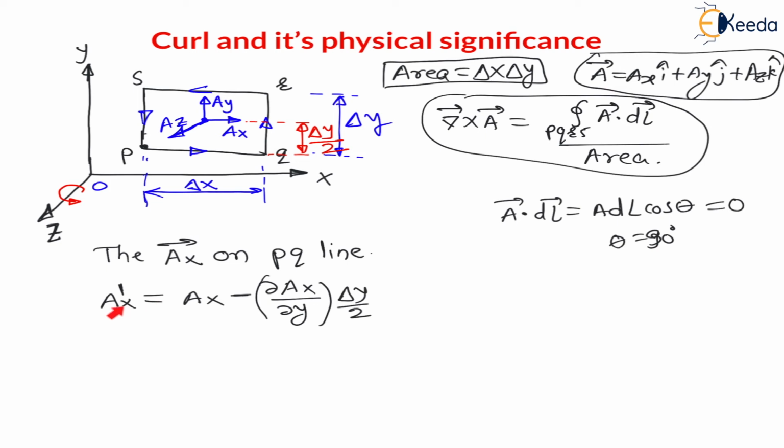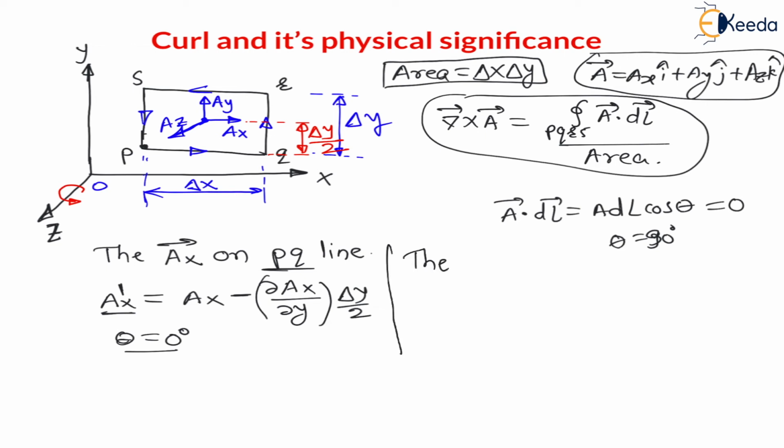This is the vector field along line PQ. It is a vector field along line PQ, and direction is rightward. PQ is also right side and AX is also right side, definitely. Therefore for this line, the angle between the vector field, that is AX dash, and PQ, theta is 0 degree, because AX is also going towards right and PQ is also going from P to Q, left to right, that is right side motion, theta is 0 degree. This is important, right?